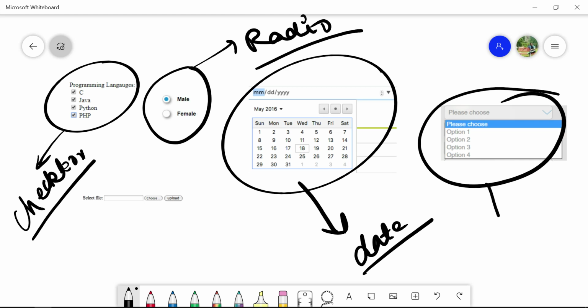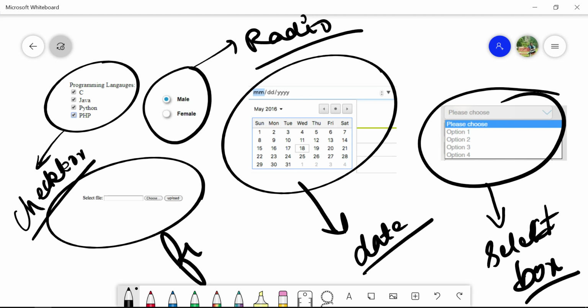And this is a drop down, which we call a select box. And this is of file type. By using this we can upload images, PDFs, or any type of files while doing development. Later on we will go into this topic, and as we move on in the development process we will show how to upload a file into the database using any dynamic language.